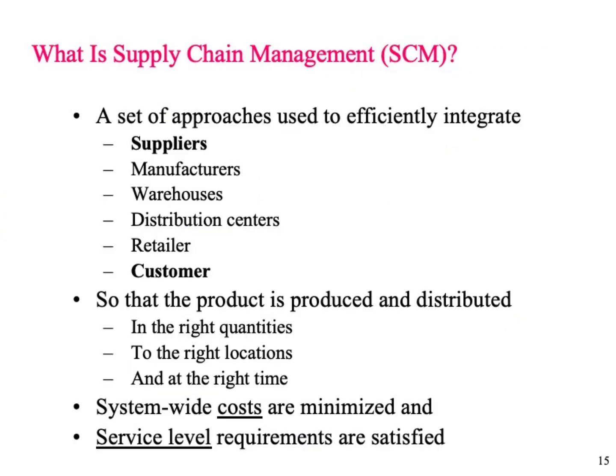The objective of the supply chain is to distribute the product in the right quantities to the right location at the right time as per the demand of the product. In the whole process, it is important to reduce the system cost as well as achieve the highest service level as demanded by the customers. The cost includes procurement cost, transportation cost between different network partners, the conversion cost as well as the cost of keeping the stock in the inventory, that is, holding or carrying cost.